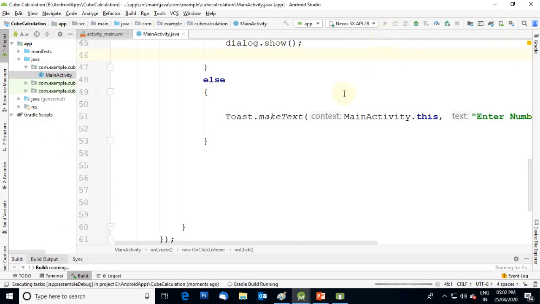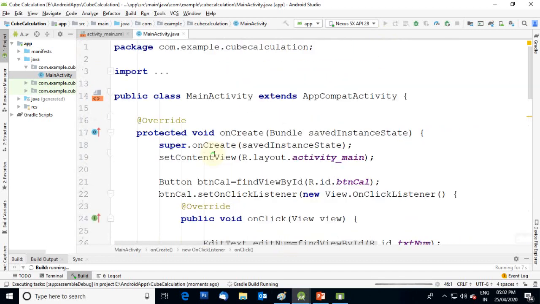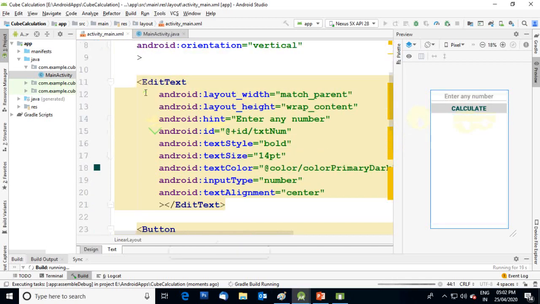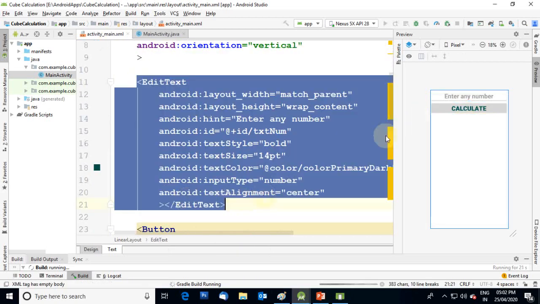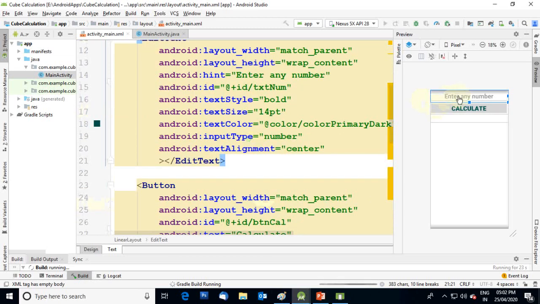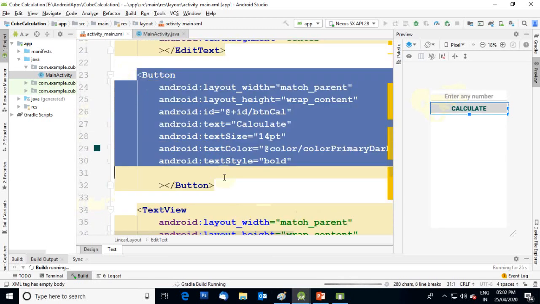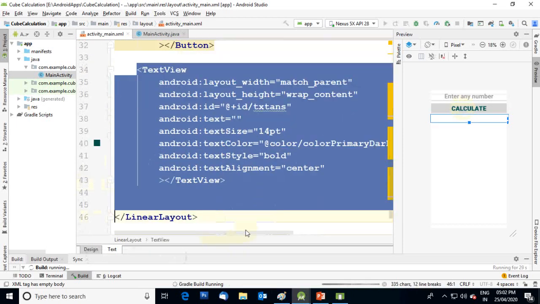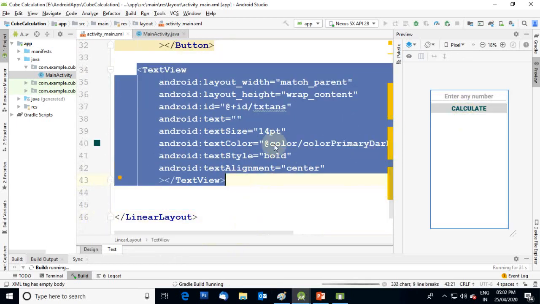It requires some time. Before that I am going to focus on what we have done. In the activity_main.xml file, we have designed one text box, a button, and an edit text for displaying the answer. EditText is a tag for designing the edit text. Button is also a tag for designing the button, and TextView is another tag for designing the text view.